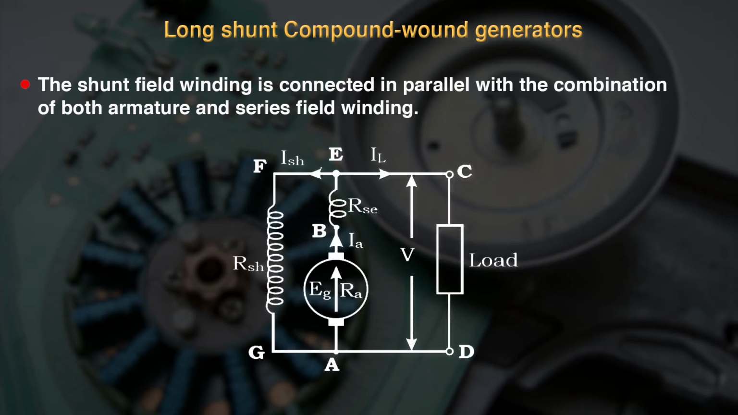Here you can see that between terminal A and B there is an armature, and the armature is connected in series with the series field winding resistance. The shunt field winding resistance is connected between terminal F and G, which is connected across terminals E and A, and the load is connected between terminals C and D. The current flowing through the armature is IA, which flows through terminals A and E, the current flowing through terminals E, F, G, A is ISH, and the load current is IL, which is flowing through